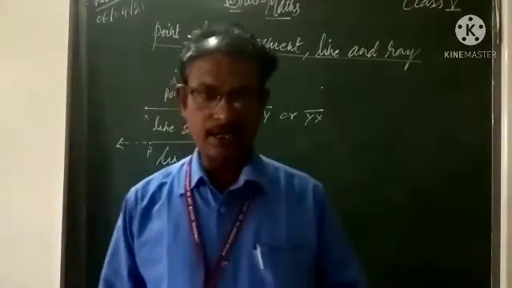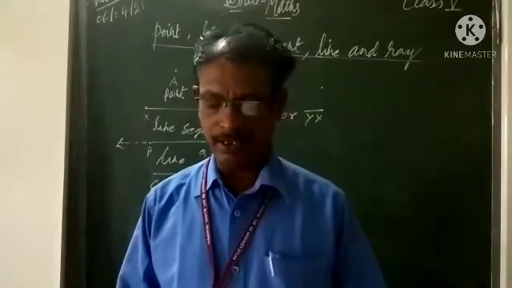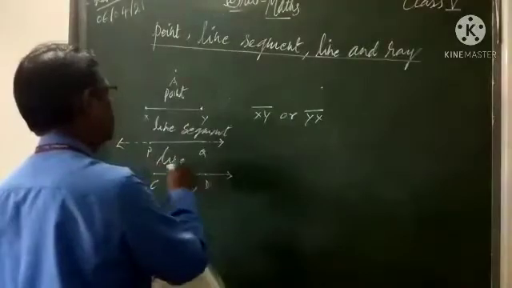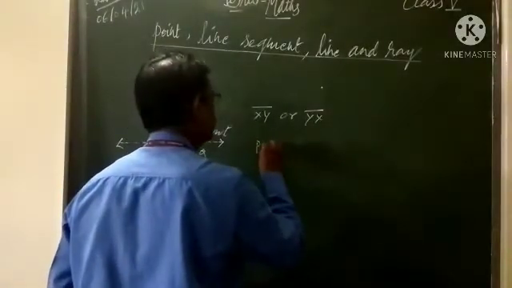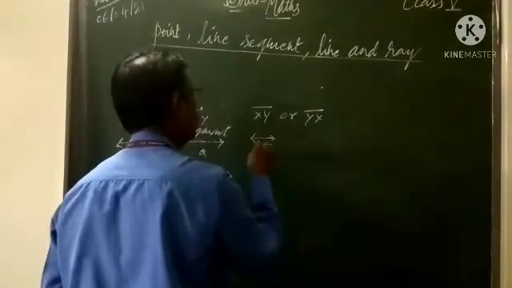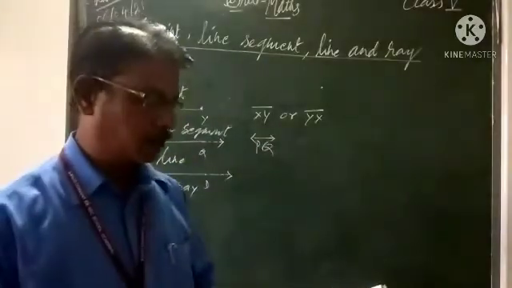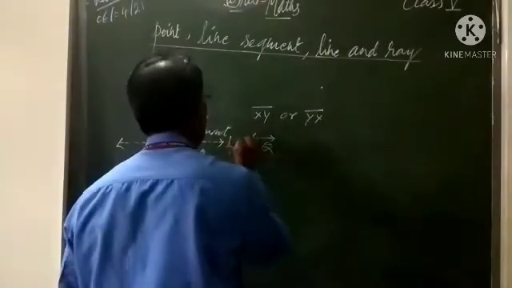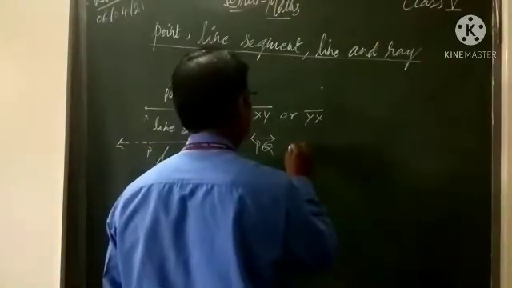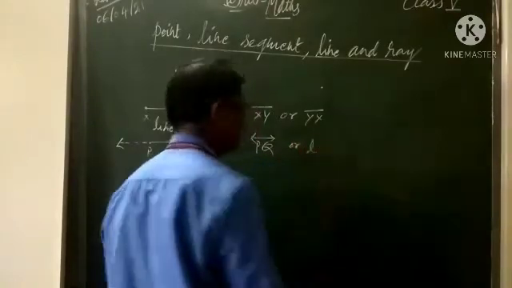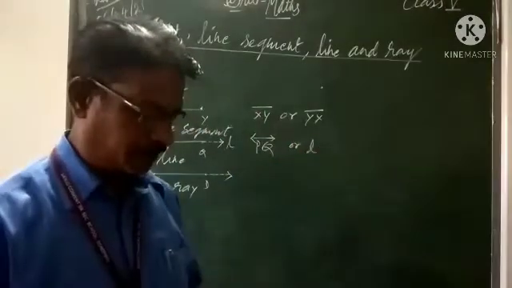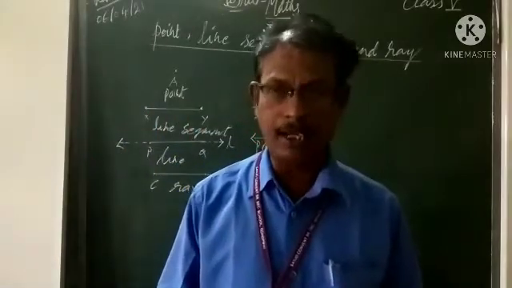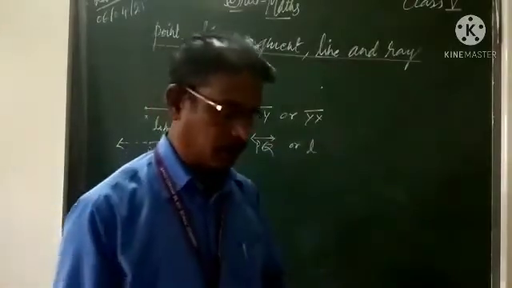Is extended, मतलब क्या होता है? बढ़ाना. On both sides infinitely. It is denoted like line PQ. Means this is PQ. We can write it symbolically, but on both sides an arrow should be there. Line PQ, or line QP also. Or sometimes they may write a simple small letter l, or we can say line l also. Okay, understood? An axis of the earth is an example of a line.